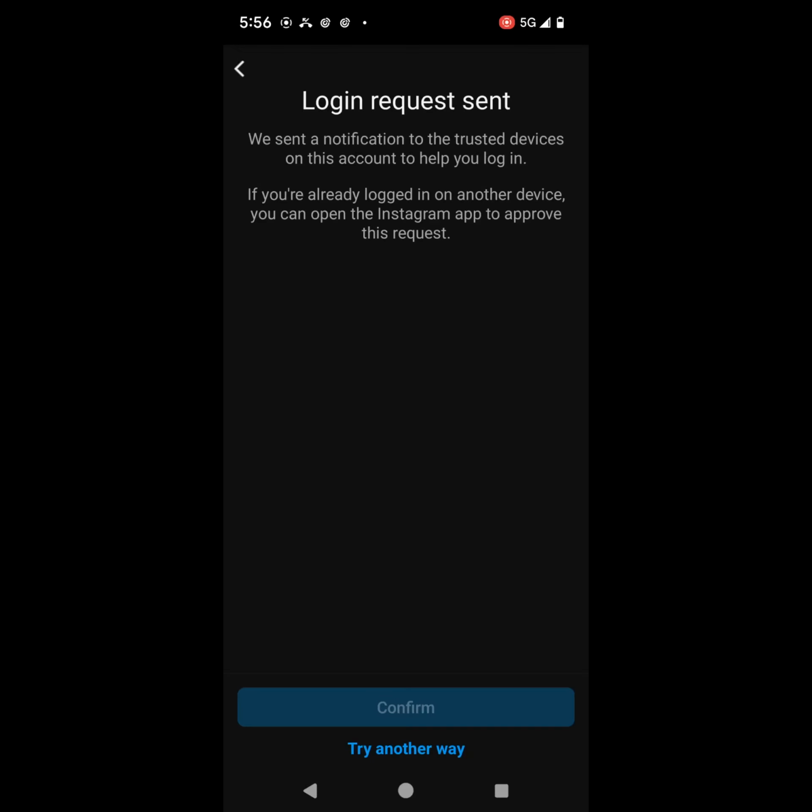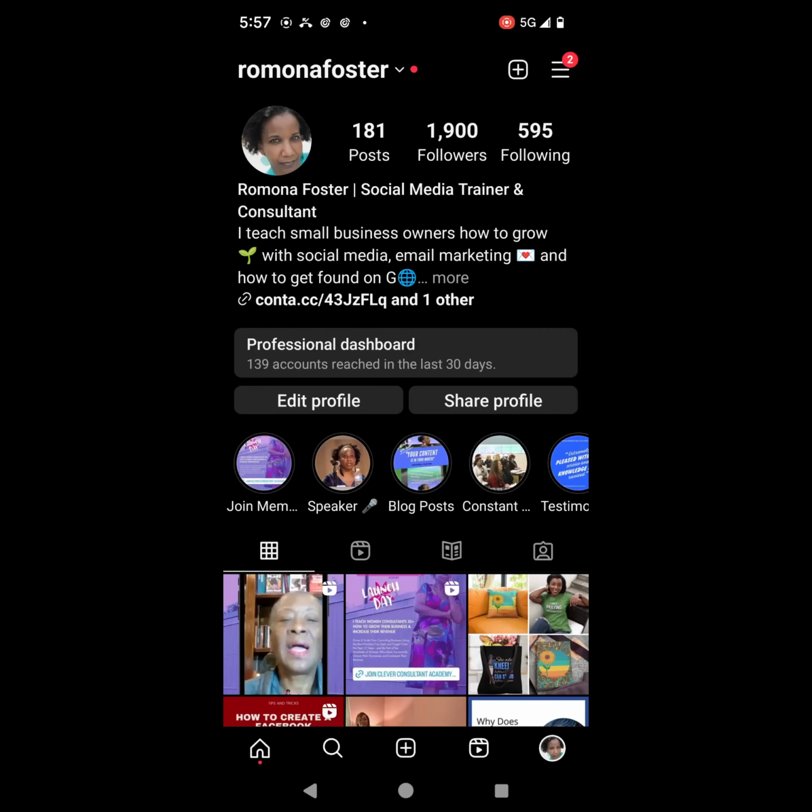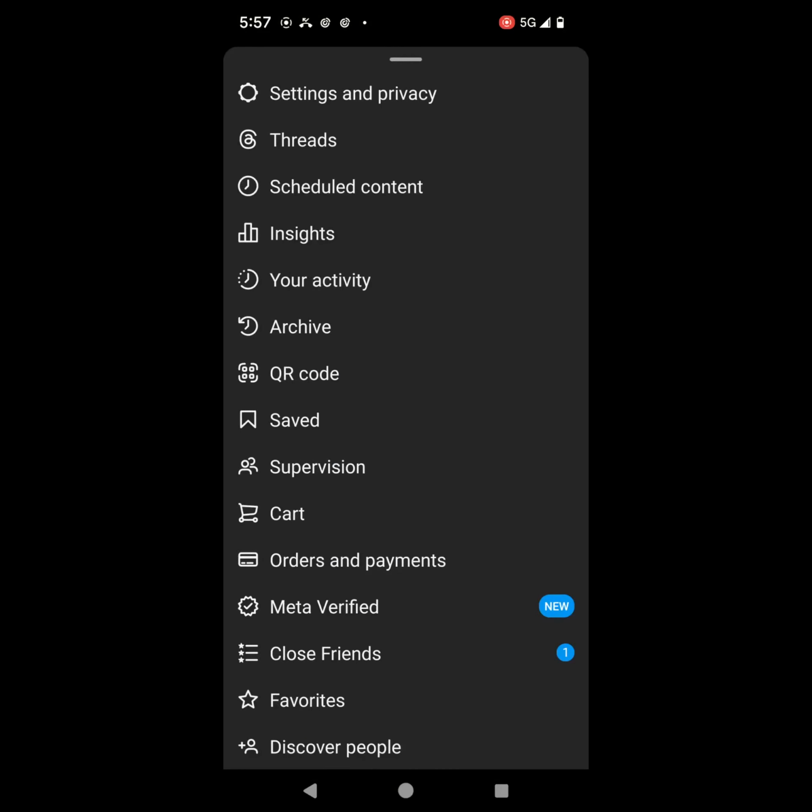It brings you to a page like this that says login request. We send a notification to the trusted devices on this account to help you log in. If you're already logged in on another device, you can open the Instagram app to approve this request. So let's go to Instagram. On Instagram, go ahead and click on the hamburger menu in the upper right hand corner and then click on